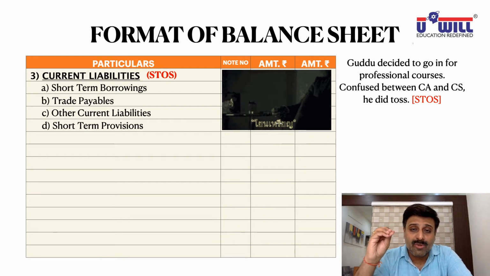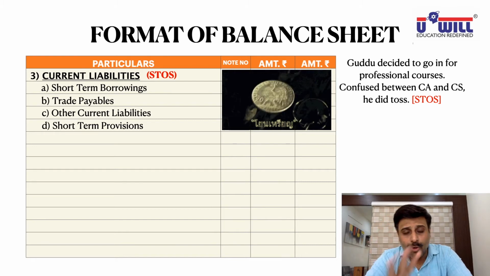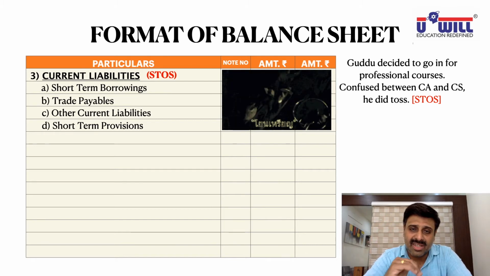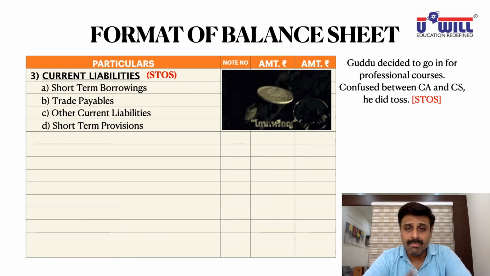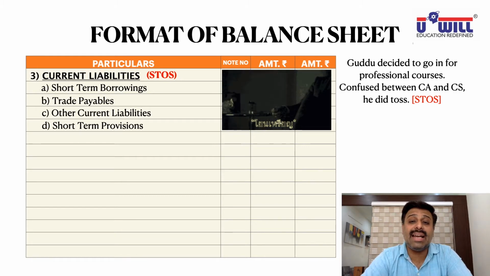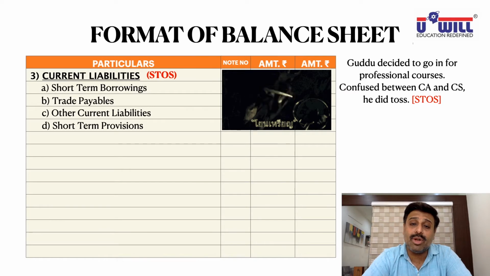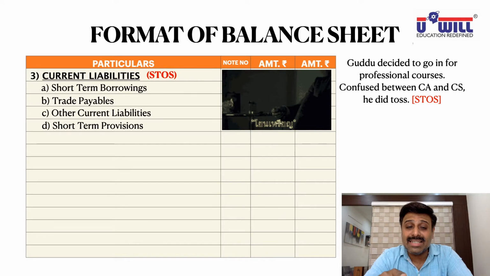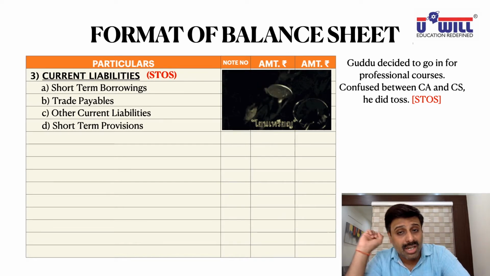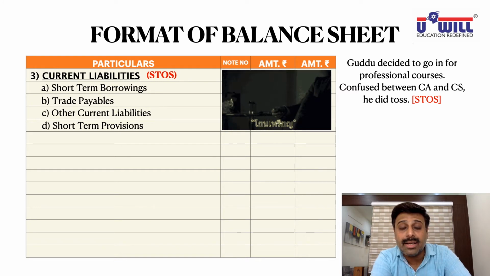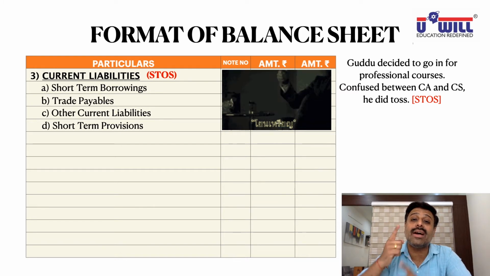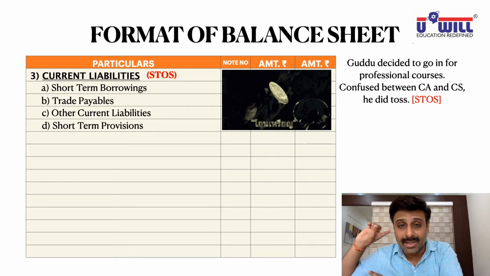If debentures are borrowed for a period of 5 years, for the first 4 years they are long-term liability because you have to pay after more than 1 year. But in the last year of repayment, the maturity year, is the debenture a non-current liability or current liability? Obviously current liability, because in the last year the money becomes due, so you have to pay in that year only. So in the last year, that debenture which appeared in long-term borrowing will come in the C point, other current liabilities. So that's why I told you, क्योंकि current भी कभी non-current था.